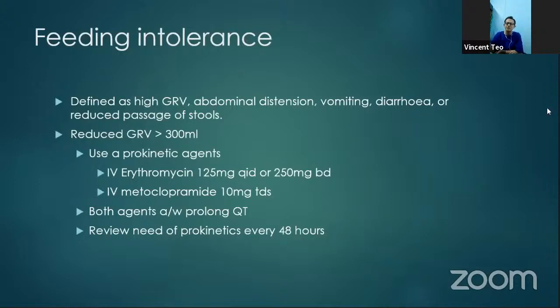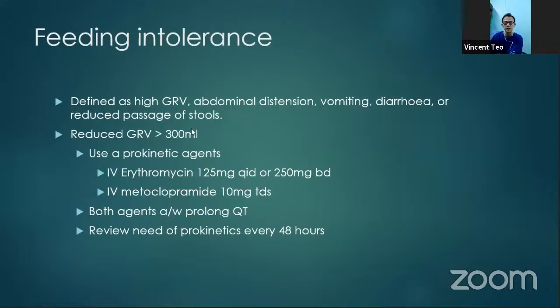But I guess many of our nurses are not very comfortable to just feed back what is aspirated out. So anything more than 300, you stop and you restart the feeding when the patient is better. But if it's 300, you start